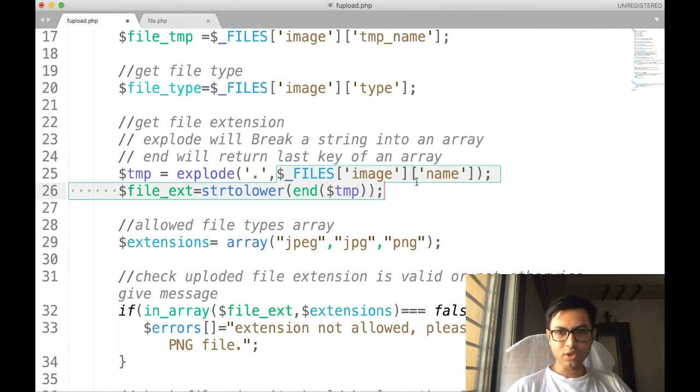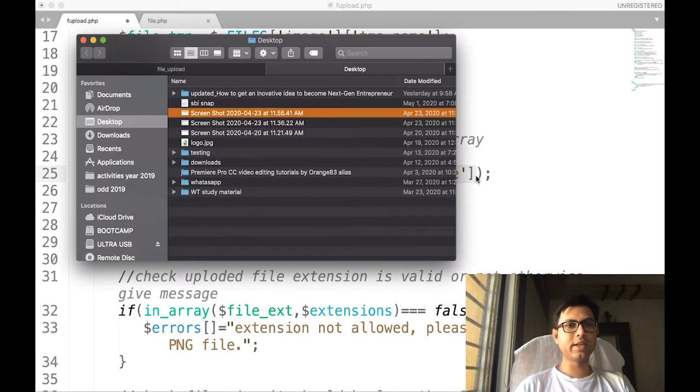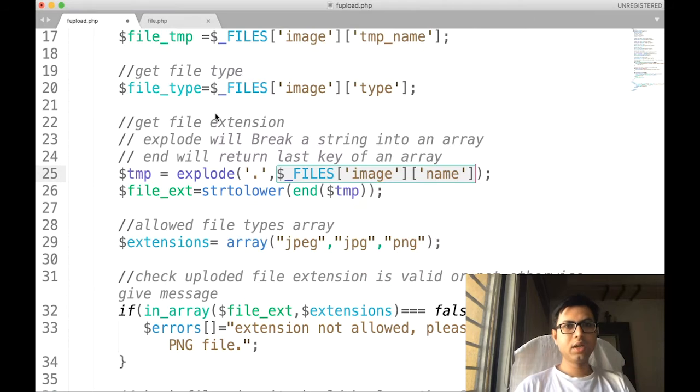So this is the whole path where you had selected this file. Wherever a dot occurs, from that point the whole path breaks, and whatever is the last key in that string array is going to be returned using the explode function.